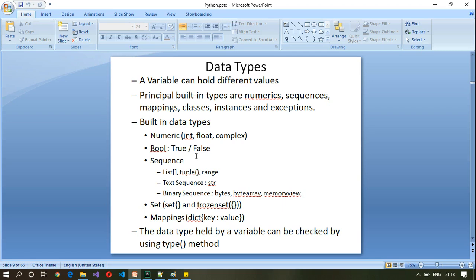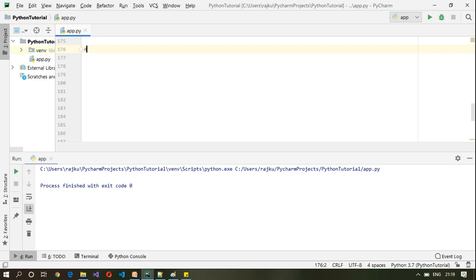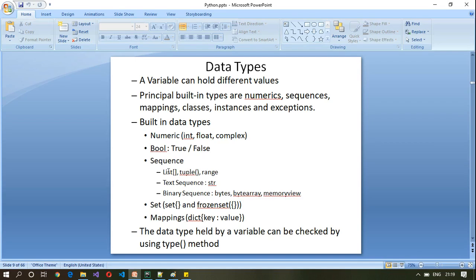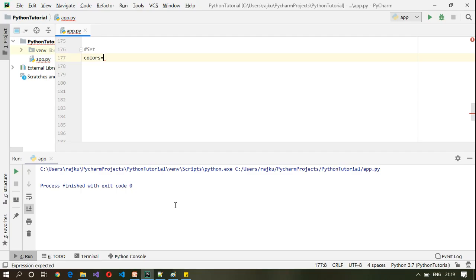So let us take a look at one example. So we will take a look at colors example. Let us open up PyCharm. Let's say colors is equal to, for each of these collections we use different types of brackets. For list we have used square brackets, for tuple we have used parentheses, and for set we have to use curly braces. So since we are defining a set here of colors,